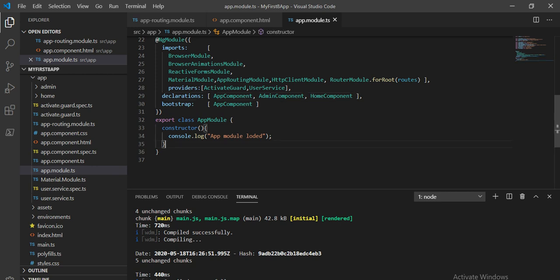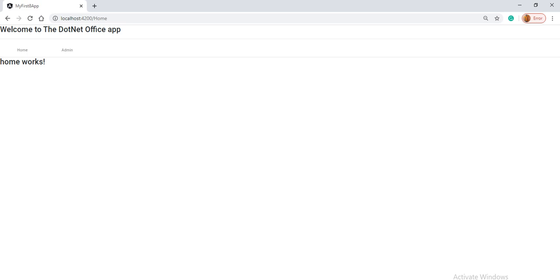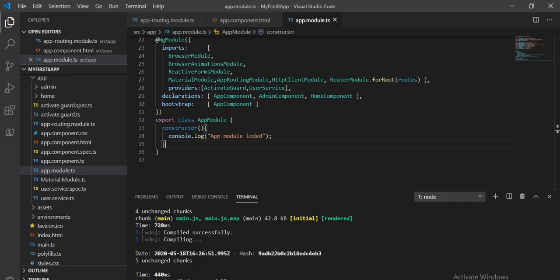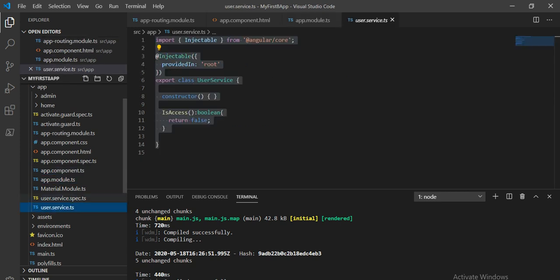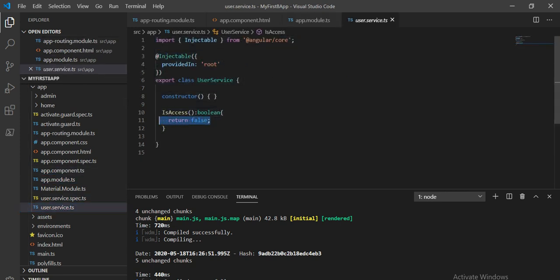In Visual Studio Code, in the previous tutorial we created a scenario where I am on the home page, and when I move to admin it says not authorized. Here we created a service, the user service, where we return false, meaning the particular page is not accessible by the user, and we used the same in the guard.